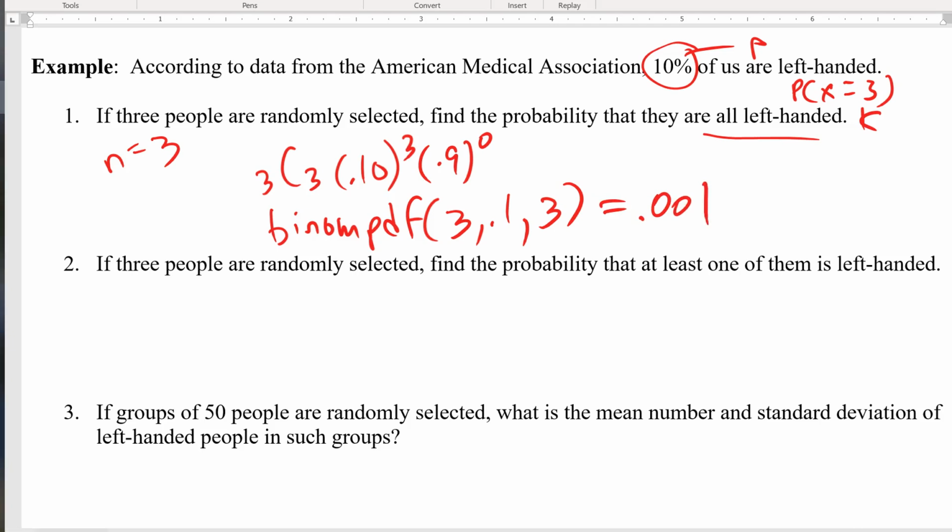If 3 people are randomly selected, find the probability that at least one of them is left-handed. Well, what does that mean, right? At least one means 1 or 2 or 3. That would be binomial